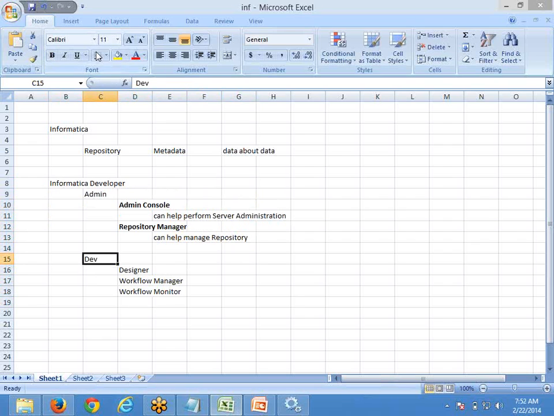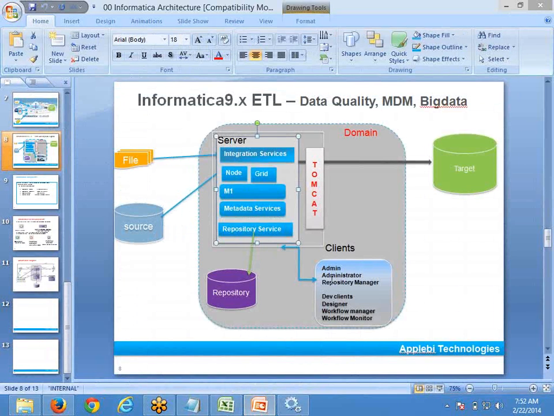These are the actual ones relevant for us, which we will be working with, and they can help you develop the code on your machine. So this is for administration purposes, and these are for developer purposes, and that is what we have mentioned here. Within these clients, these are the developer client tools. This is the server, this is the repository, and this is how the system works here.